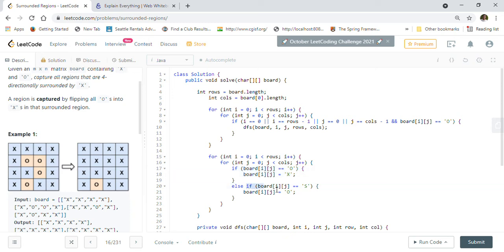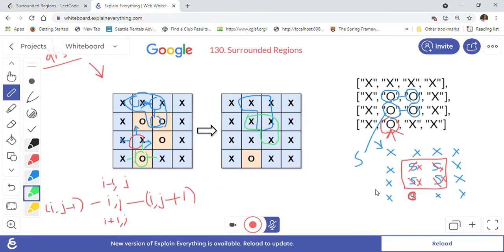Otherwise, if we have anything which was converted to S during the process, we will change it back to O. As I was saying, if S is there, we will change it to O. So this should be O basically. Let me just change the color.